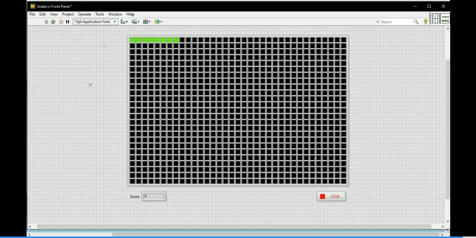It will be helpful for any labs. Suppose faculty are available in the training and want to run the VI: the user gives this input and I get the output. You develop the code, but the students can't see the code. The end user can't see the code, but they can interact with the front panel and change whatever they want. All these things can be done with the exe file. That's very important.